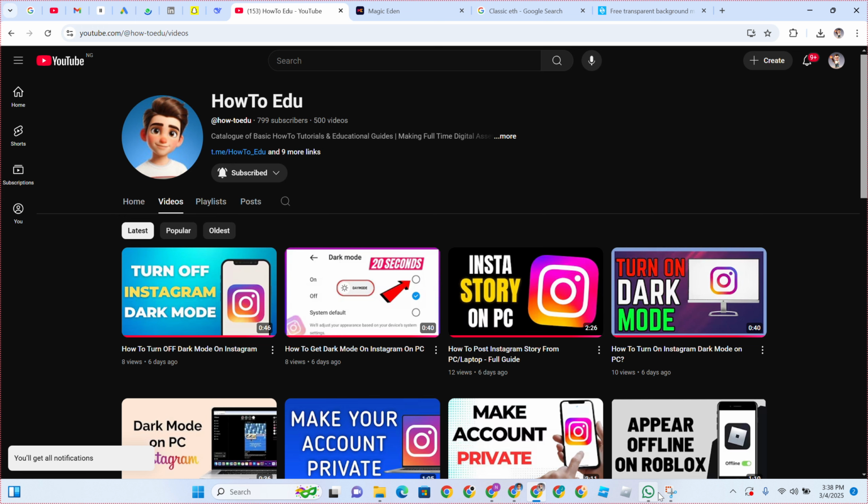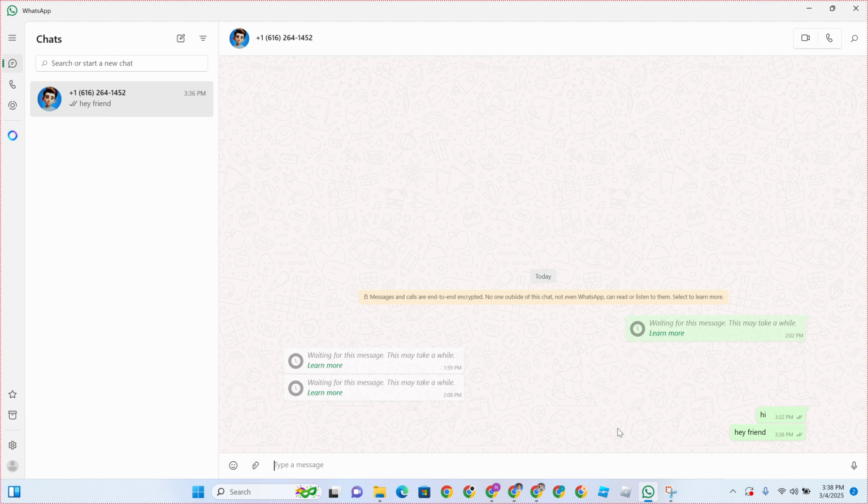To your WhatsApp right now. This is our WhatsApp. What we're going to do right now, from here you can see there's this microphone right here, right? And from it you can see record voice message. So once you click on it,